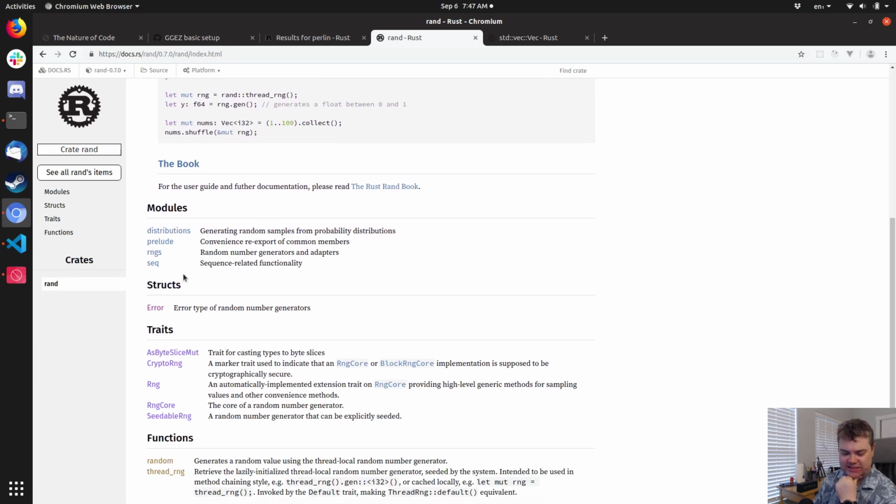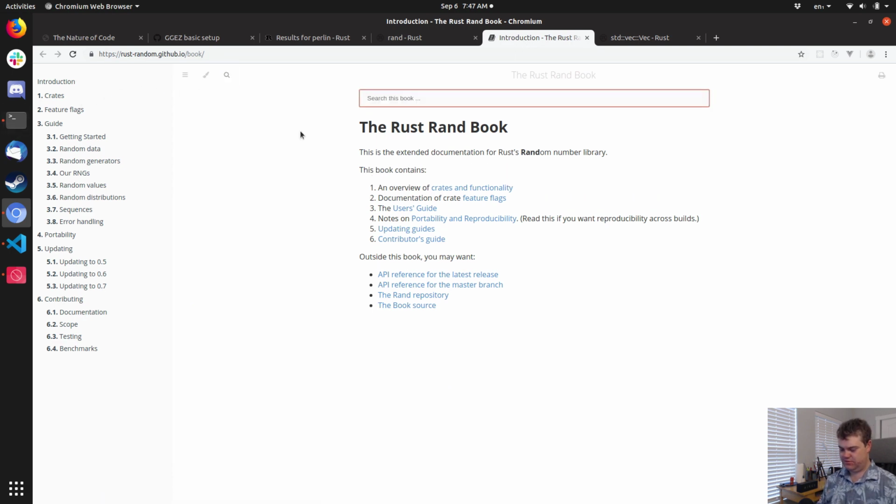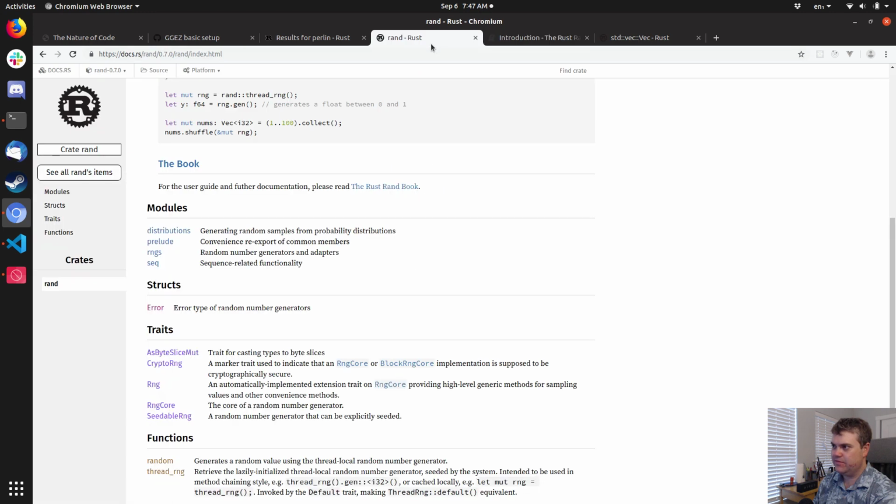I don't know. This might not work, because I may not have access to Perlin noise. We could look at the Rust Rand book. No results for that. So is it just completely